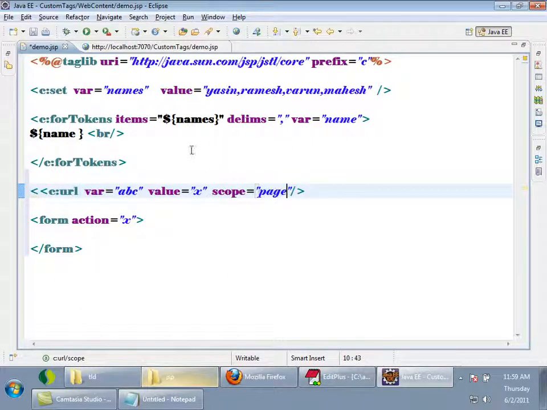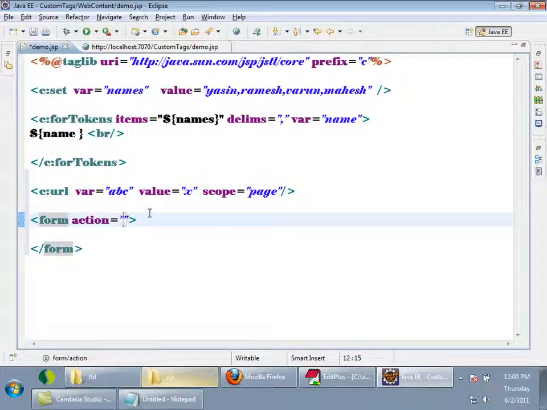Means this is a variable name, value is this one, and scope is this one. It will encode the value X with the JSessionID value and store it in page scope with this name. Now in the form action, I can use dollar ABC. Now ABC will be encoded, and X will be encoded with the JSessionID value.